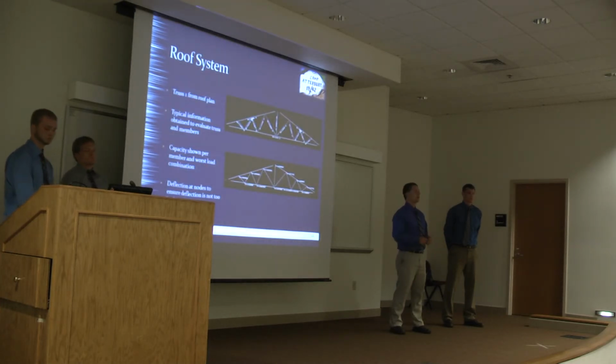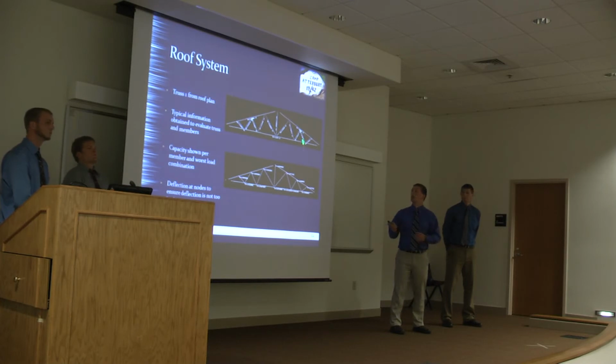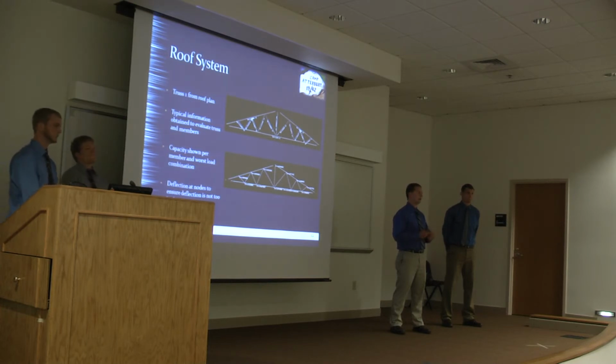So during our design, we did have members failing. In order to fix that, we had to look at each truss individually to see where it was failing and why. This right here is truss 1 from the roof plan, and we can go in there and see for different loading scenarios why it's failing and how it's failing, and we can